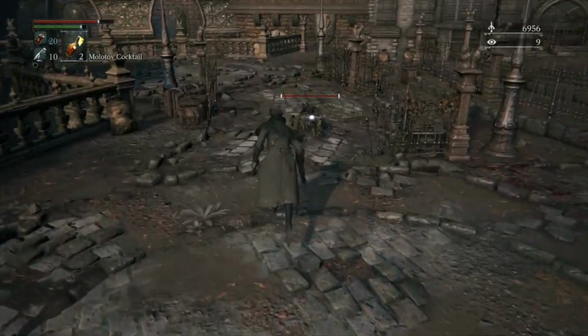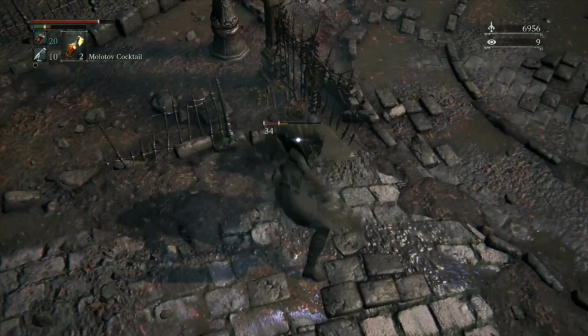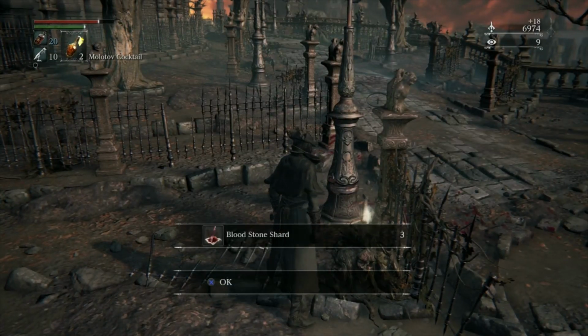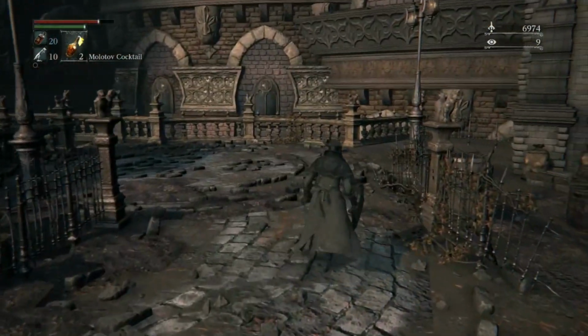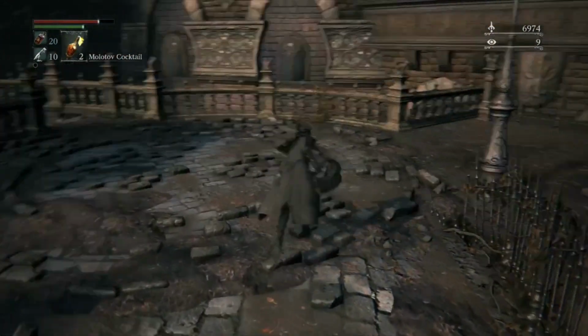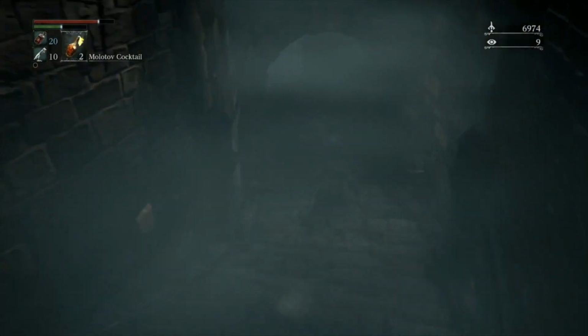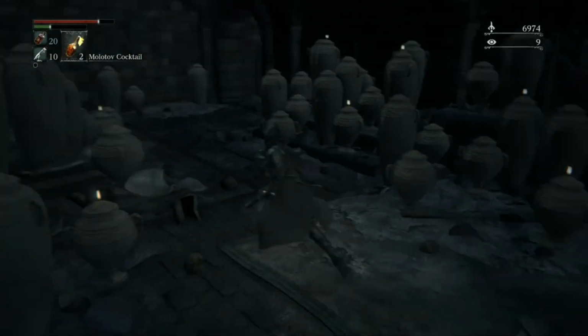There it is. There's that little bugger. There's the crystal lizard. Get it. And we get three more bloodstone shards. Now I have enough to get this saw cleaver to plus three. And then we're gonna go down here. And this will take us...